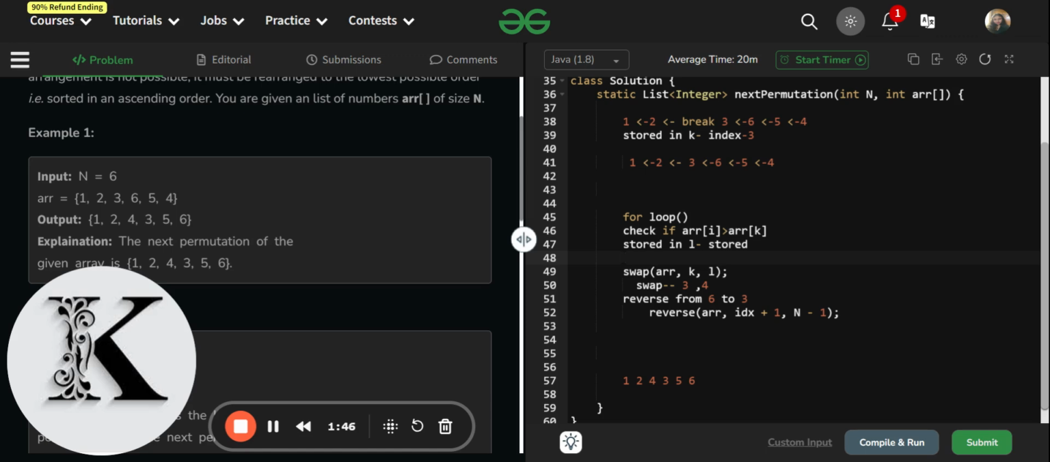After swapping, that is 3 and 4, we will swap their places. Swapping, it looks like this: 1, 2, 4, 6, 5, and 3. After that, we will reverse from the index k plus 1 till the end of the array. That is from sixth element to third element. After reversing,